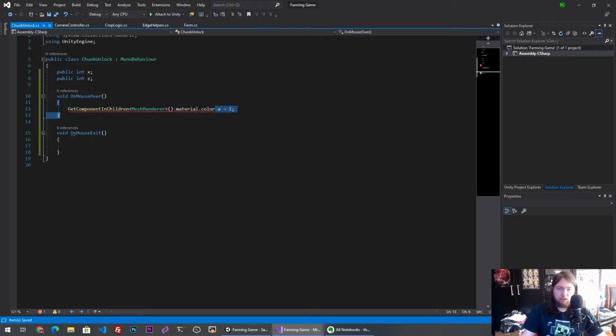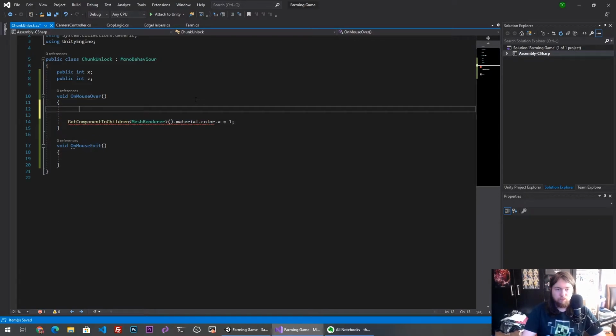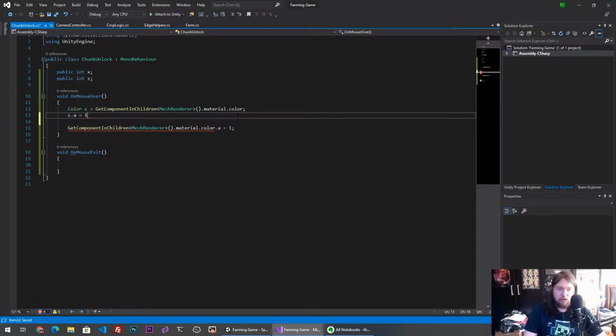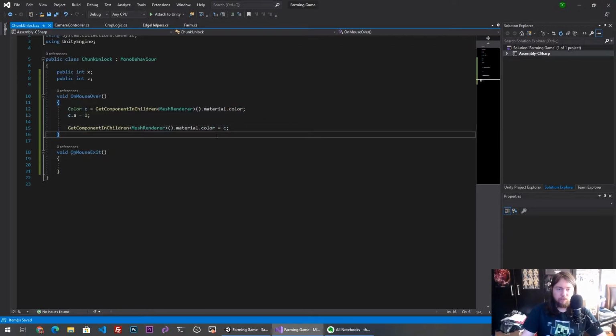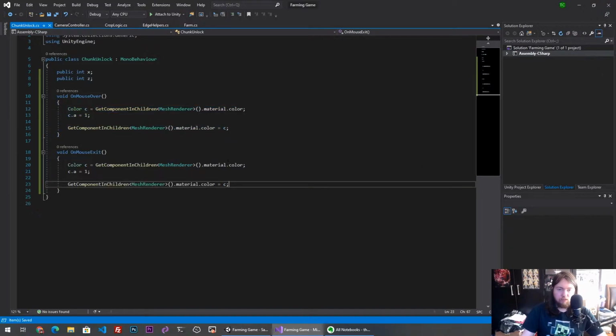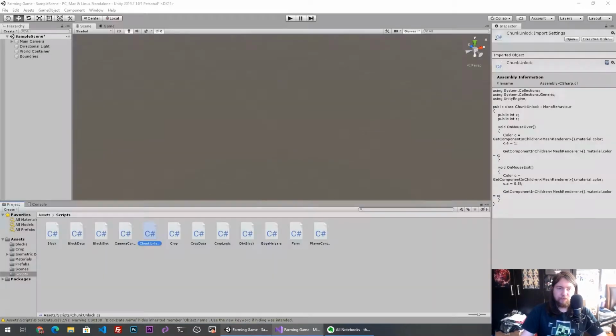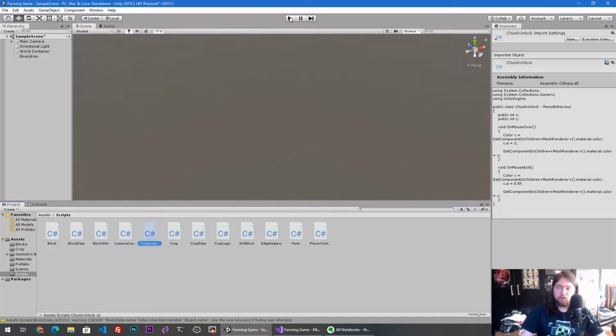So what we need to do is we need to first do color C equals that, and then we just do C dot A equals 1, and then we can set that equal to C, and we'll do the same thing here. Dot A equals 0.5, and then C there. So hopefully now we should be able to